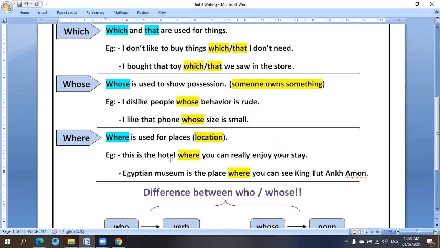This is the hotel where you can really enjoy your stay. I'm talking about the hotel, the place itself. The Egyptian Museum is the place where you can see King Tutankhamun. I'm talking about the place itself. In general,